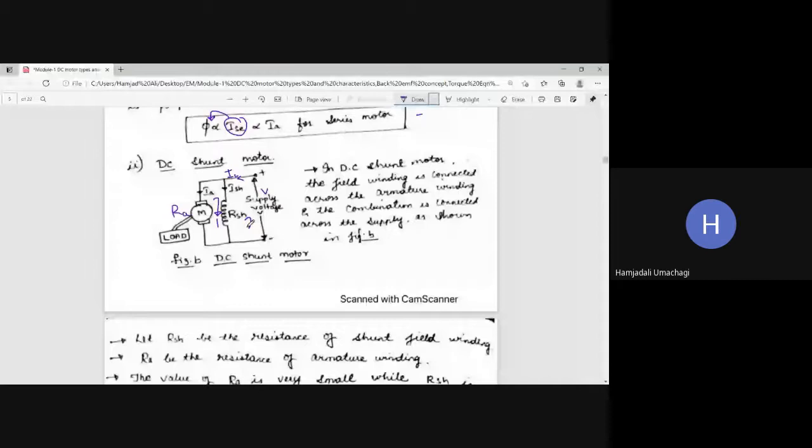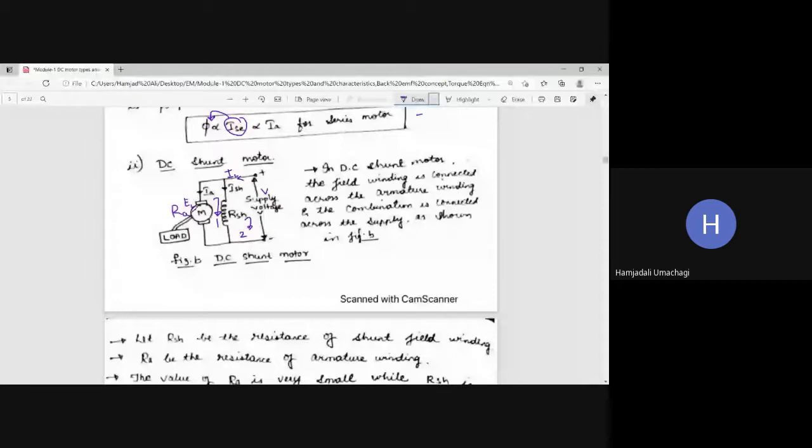And in parallel circuits, whatever voltage is at this end, it will be the same at the other end also. Now EB will be there on the armature side. So now you just apply KVL for the first loop. Whatever KVL equation you apply for the first loop, the same voltage will be at the second loop also. So now I can say that applied voltage V is equal to back EMF voltage EB plus